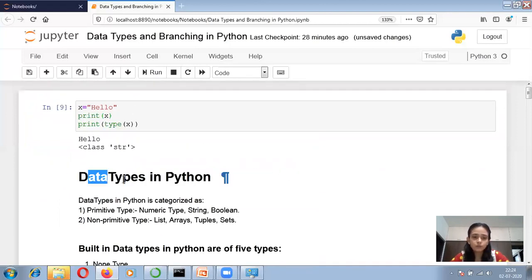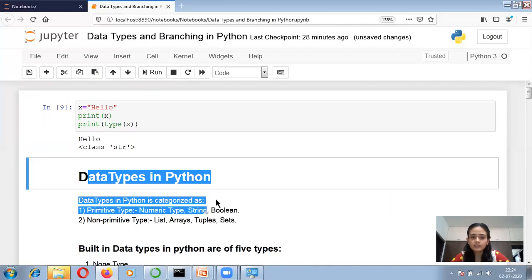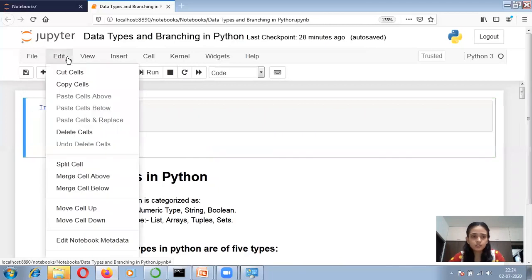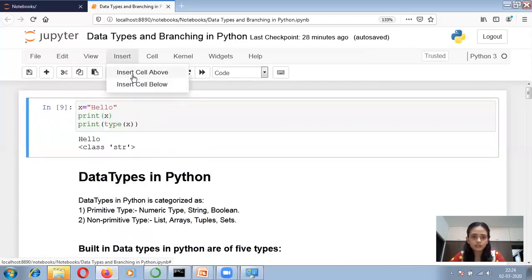One more thing: what I have written over here is markdown. You can also write text related to your code. It is optional. You just focus on the code first, then you can do all such things.